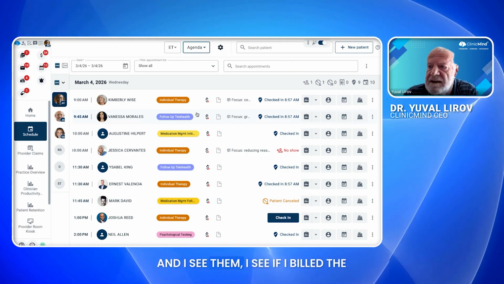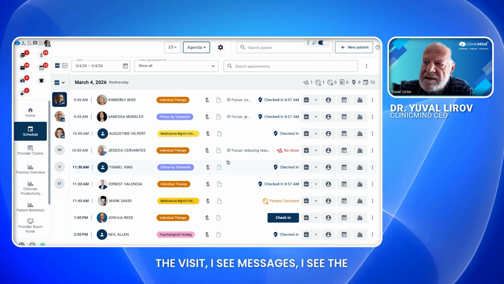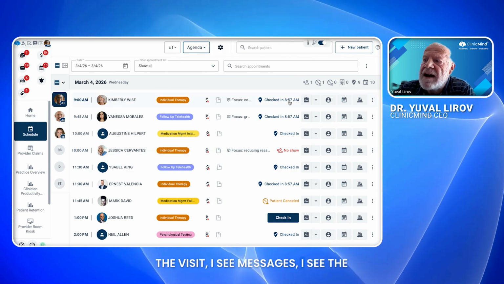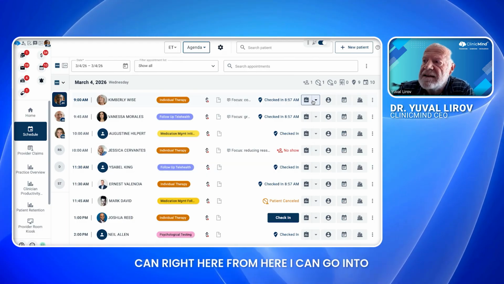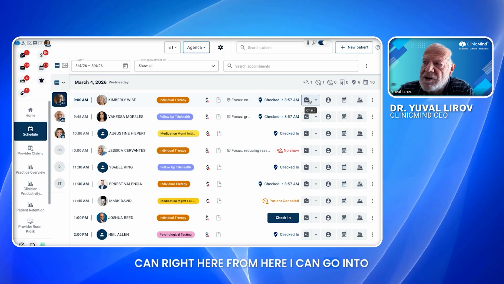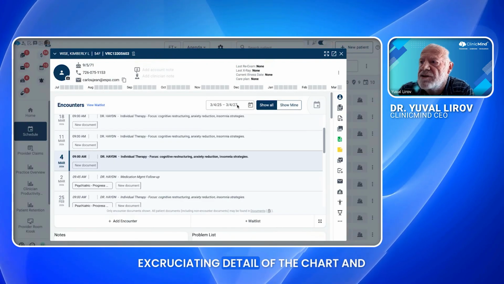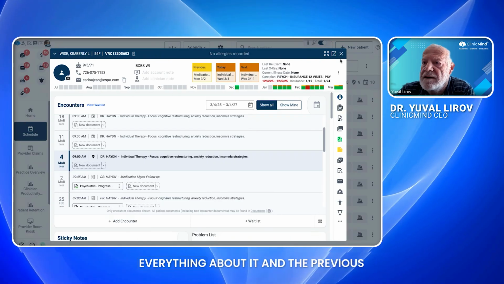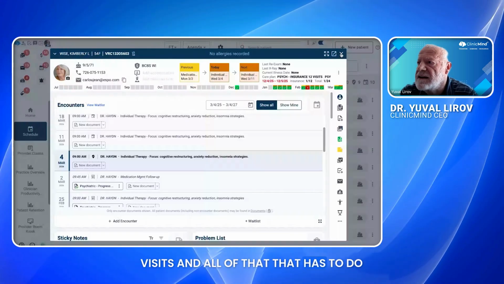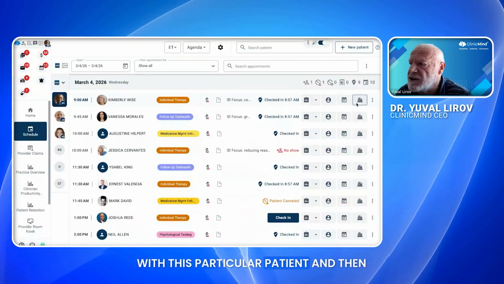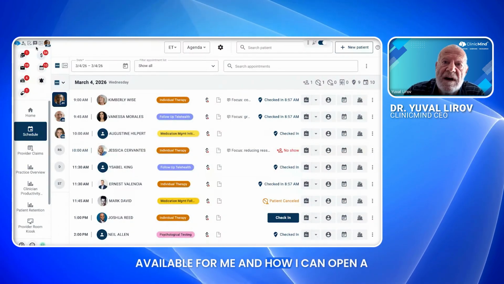And I see if I built the visit, if I documented the visit, I see messages, I see the status of that particular visit, and from here I can go into the chart, and I showed you the excruciating detail, the chart and everything about it, and the previous visits and all of that has to do with this particular patient, and then lots of different actions that are available for me,